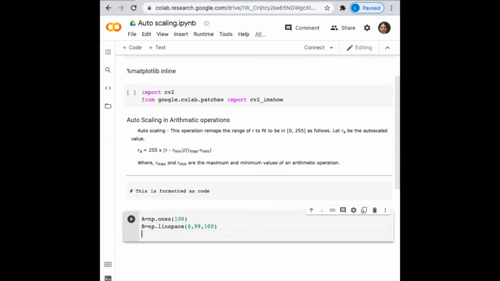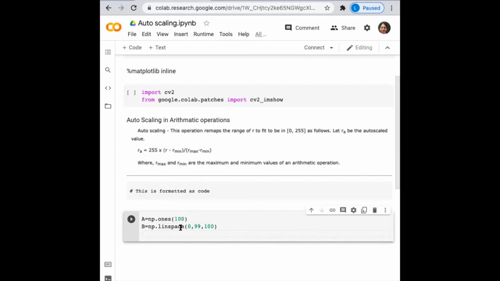So now, both are going to give us a one-dimensional matrix. One will be all ones, 100 times, and one will be 0 to 99. So both are having 100. In order to do matrix multiplication, we want that the number of rows in one should be equal to the number of columns in the other.